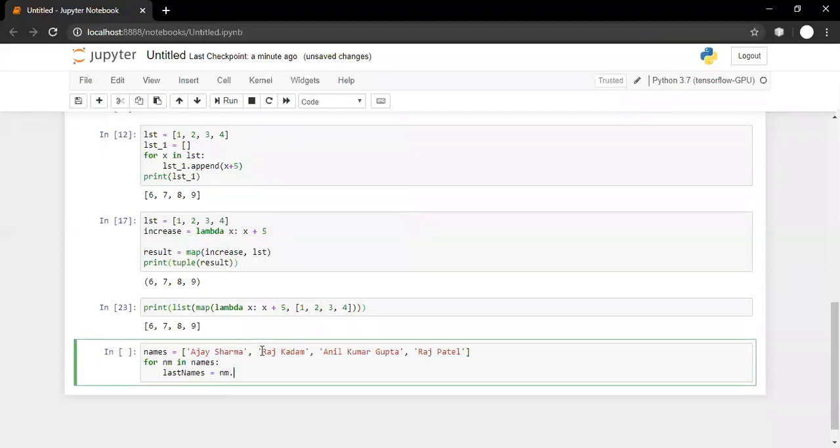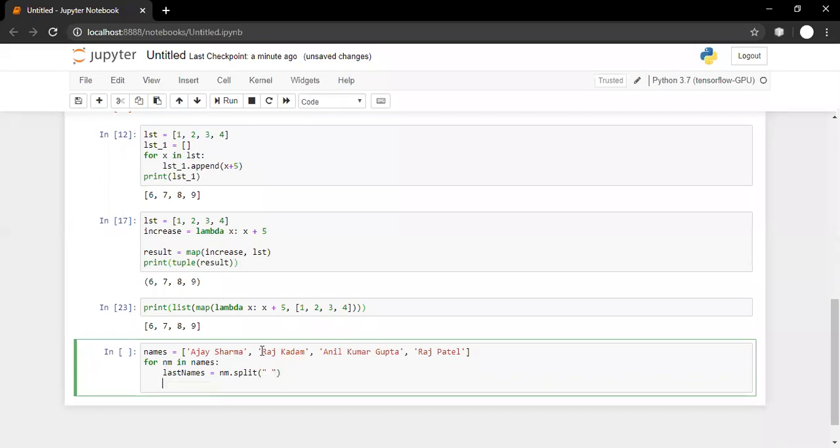If I'm going for, let us say, nm dot split on space, and then I'm simply printing the last names array, or let it be only arr. I'm printing this array.